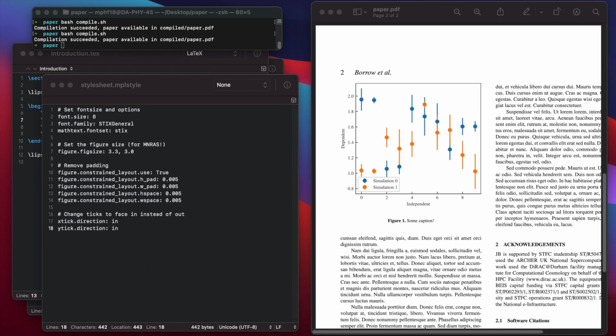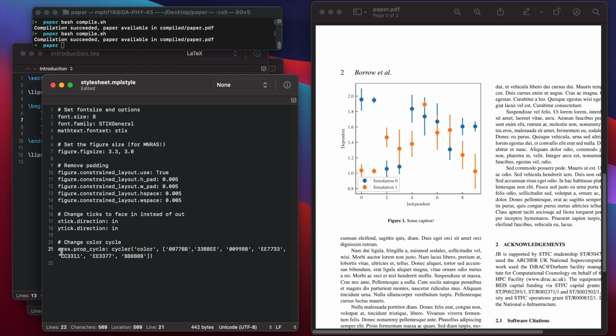So I'm just going to copy and paste these instead of typing them in because I don't remember hex codes. I don't think anyone would ever expect anybody to remember hex codes. So the way that we do this is we set axes.prop_cycle to cycler, and then in the first argument, so this is a function, what's an object? The first is the string color, and then we have a list of the colors that we're going to use. And these are just hex codes. So they're 6 digits,